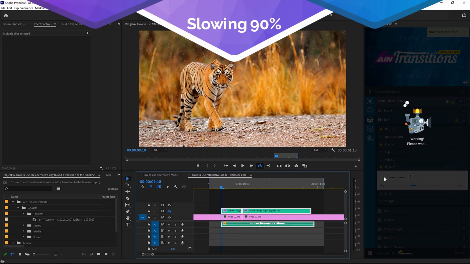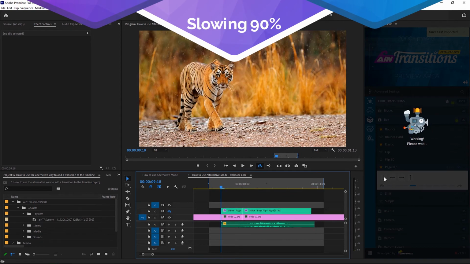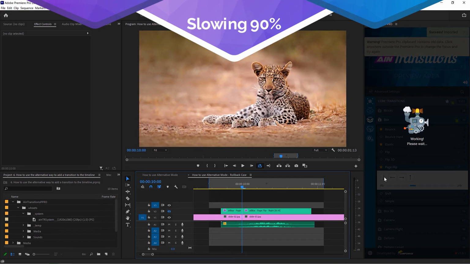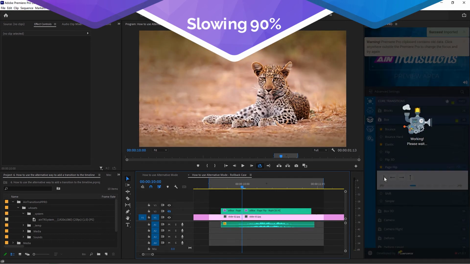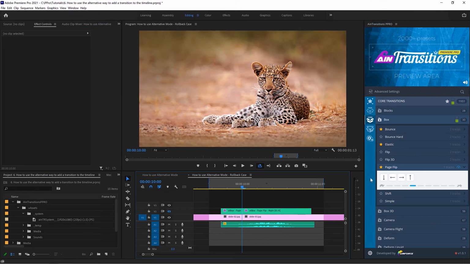Our extension inserted data from the buffer into the timeline, then validated it to match the transition that we added. However, since this did not match, the AIM Transitions P-Pro extension immediately rolled back this action. In addition, a notification has appeared in the preview area that informs about this problem. That is, in other words, our extension can detect this situation and notify you about it if you forgot to click outside the Premiere Pro. We try to make maximum convenience for users of our extension.